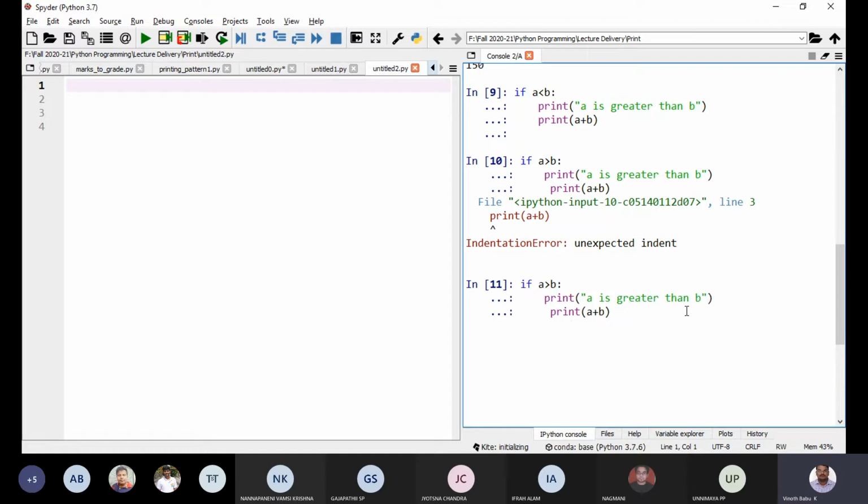For example, can anyone say what could be the output here? I am not following indentation. Can you see? Can anyone say what is the output? Any idea?